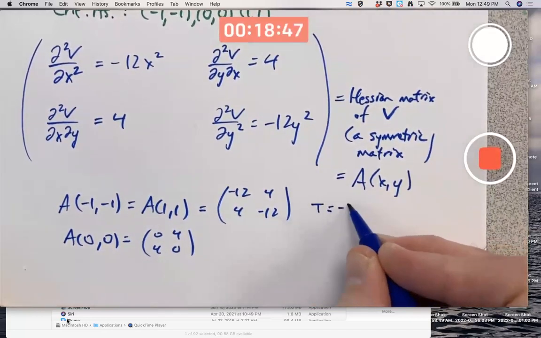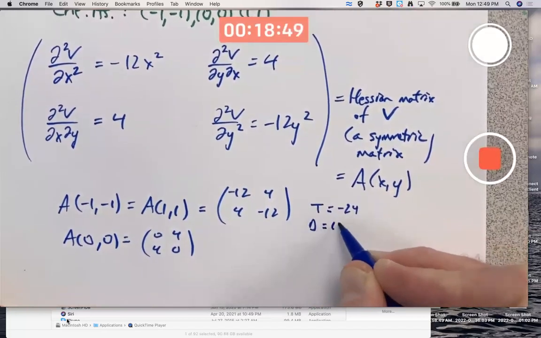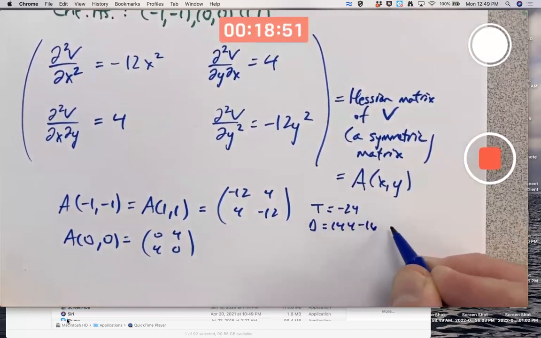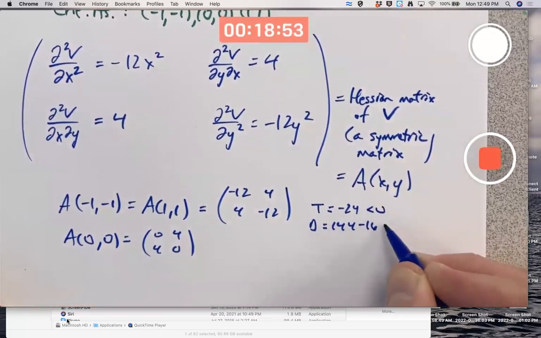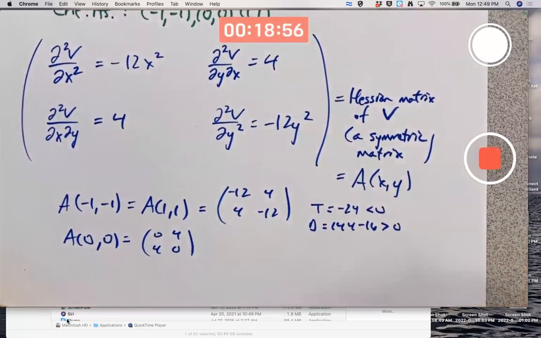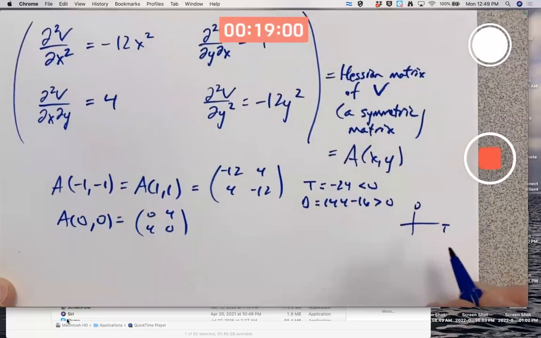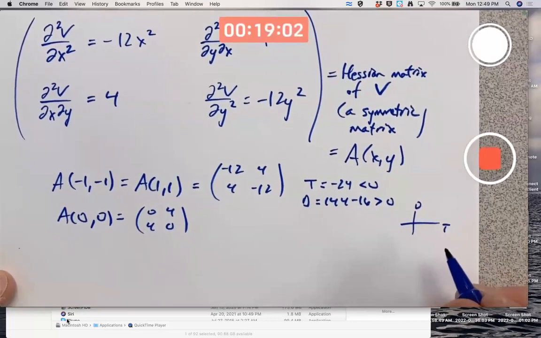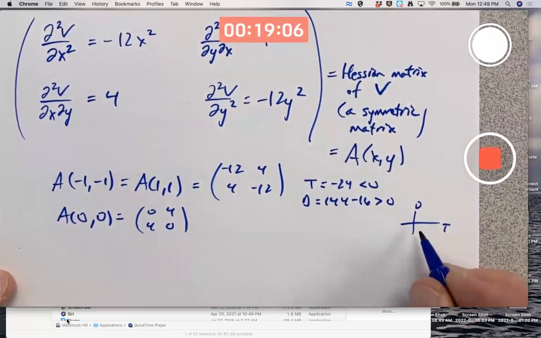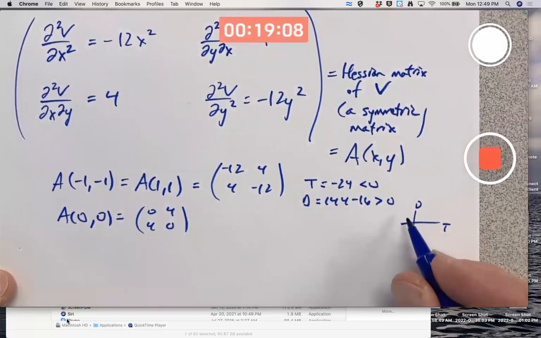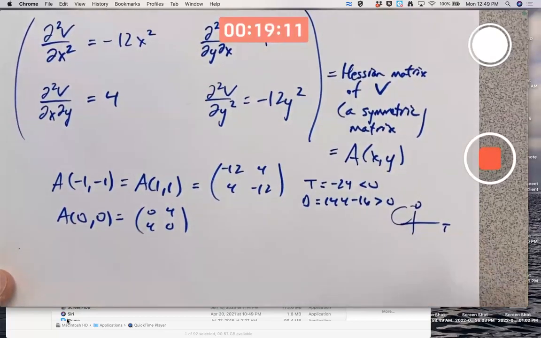Trace is -24. Determinant is 144 minus 16. Trace is negative, determinant is positive. Thinking about the trace-determinant plane here, I'm not thinking about differential equations, but I am thinking about eigenvalues. You plot this in the trace-determinant plane, it's going to be over here in the second quadrant, where for